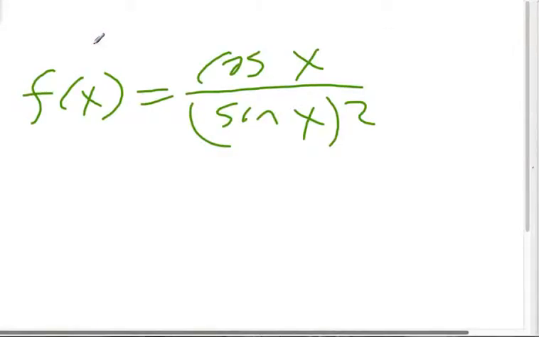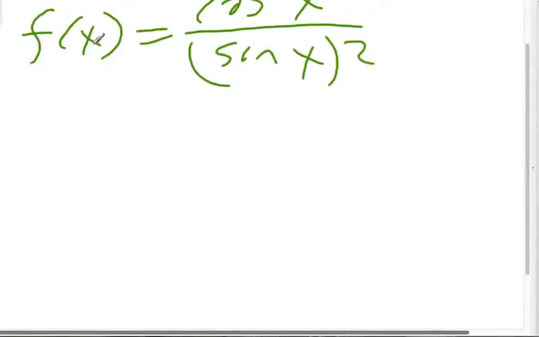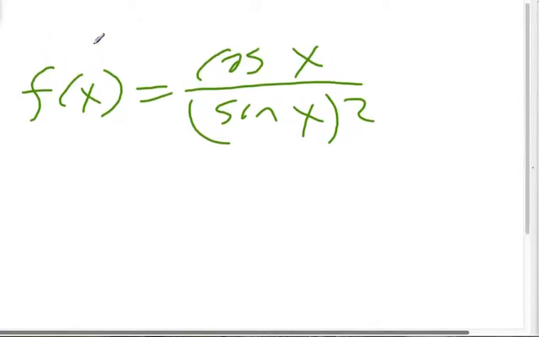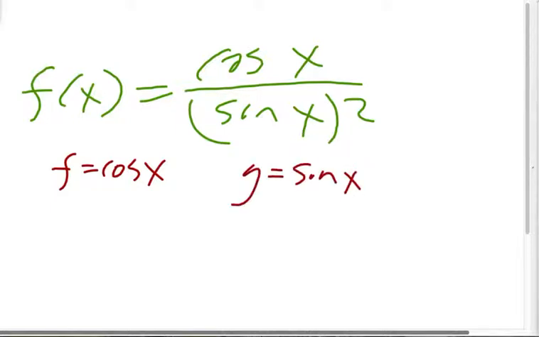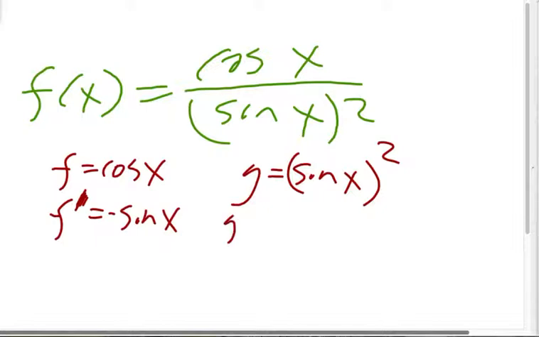Alrighty, so what do we do now? Well, this is quotient rule. So we do just like we've always done with quotient rule. F is cosine of x. G is sine of x squared. Okay, f prime equals negative sine of x. G prime,